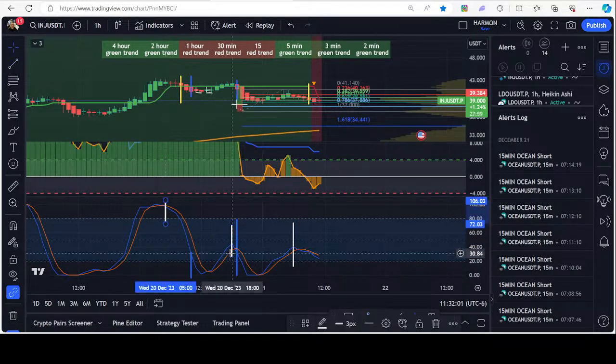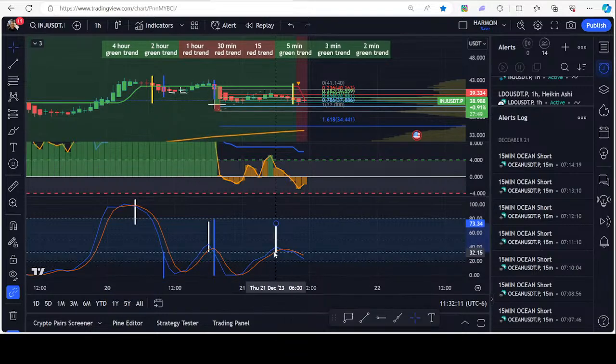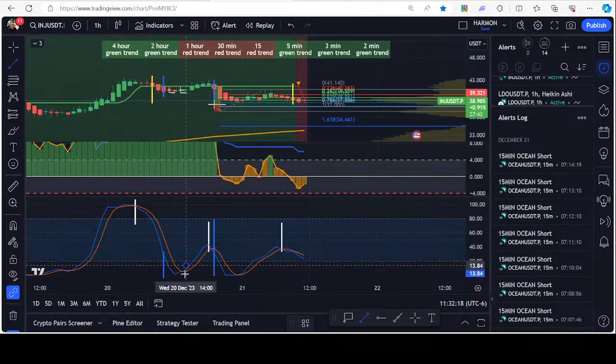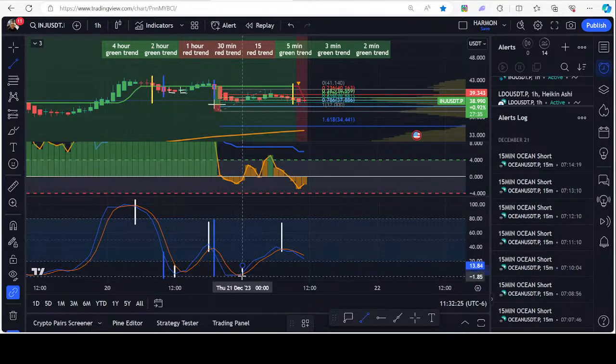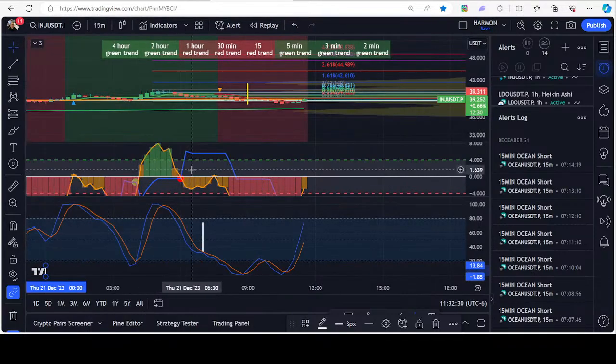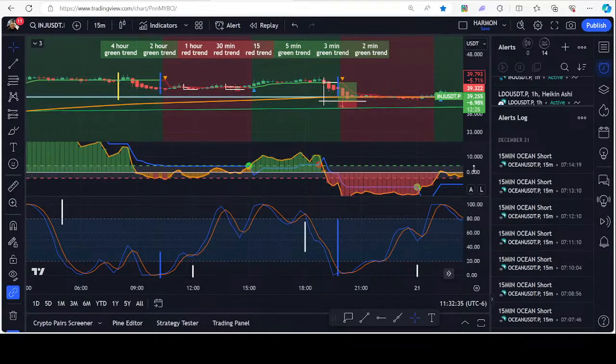And this is where the 1 hour crossed originally. All right, so 1 hour cross, another 1 hour cross, another 1 hour cross down, and this will be where the 1 hour bottomed. All right, so now back to our 15. In this scenario here, as we walk through these trades, the most important thing is watching volume and